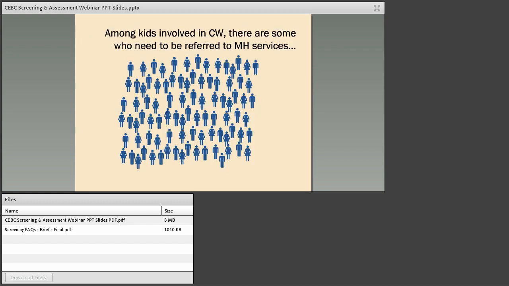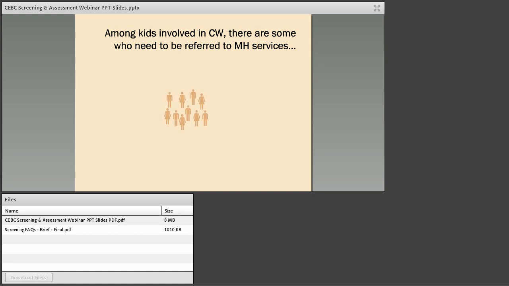So among the kids in child welfare, there are those who need a referral or who need mental health services. But the trick is finding out who. It's not economical to do a full psychological evaluation of mental health need for all of these kids. And providing treatment to all of these kids also is not realistic, as well as not fair to the kids who actually don't necessarily need that. That would be a lot of time for them to devote. So screening is the process of identifying among those kids which actually need those services.